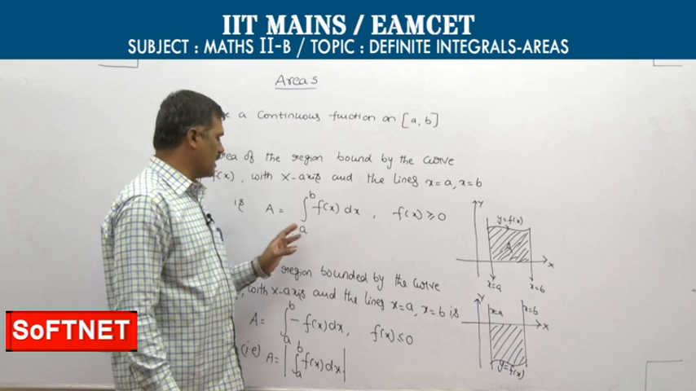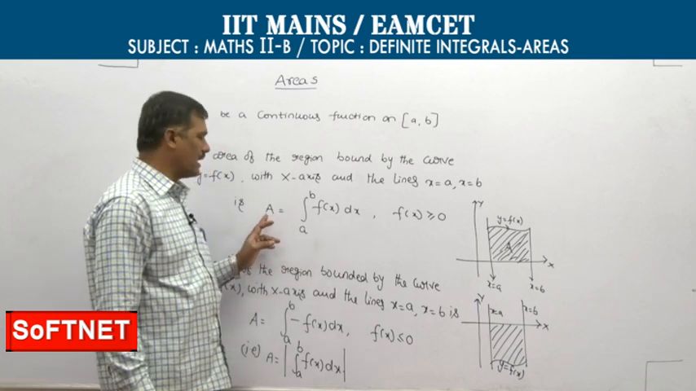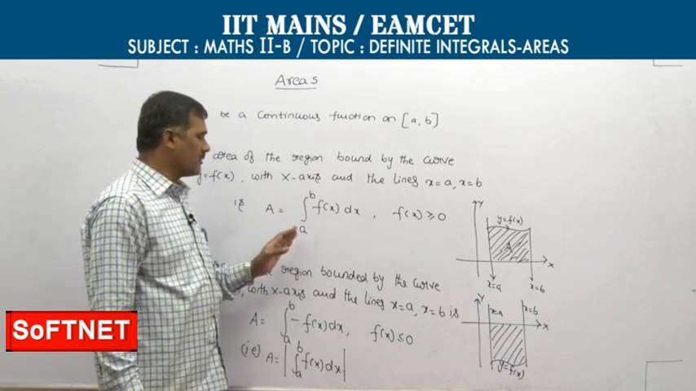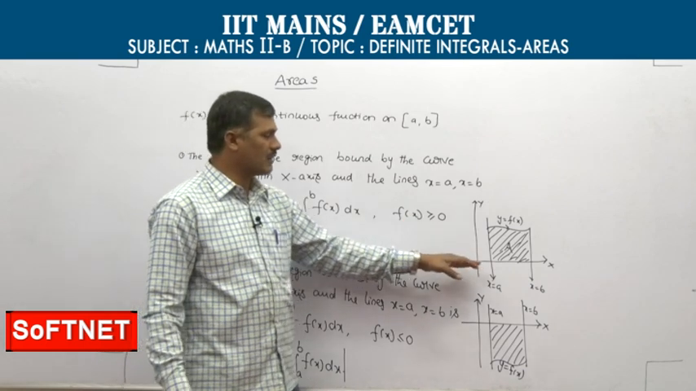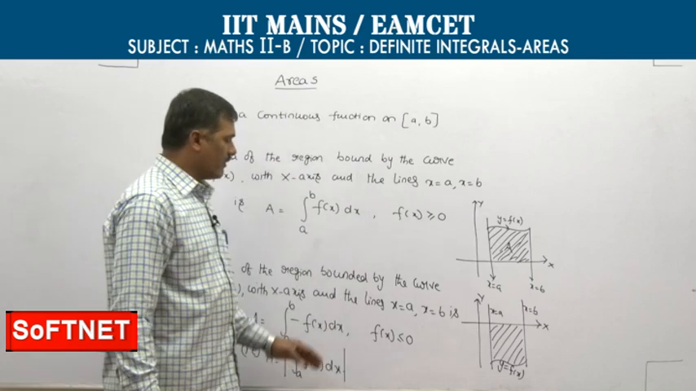Above the x-axis, A is equal to area, capital A means required area. A is equal to integral a to b f of x dx. F of x should be greater than or equal to 0, and in case